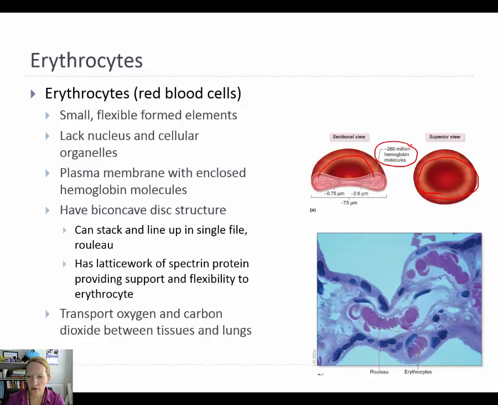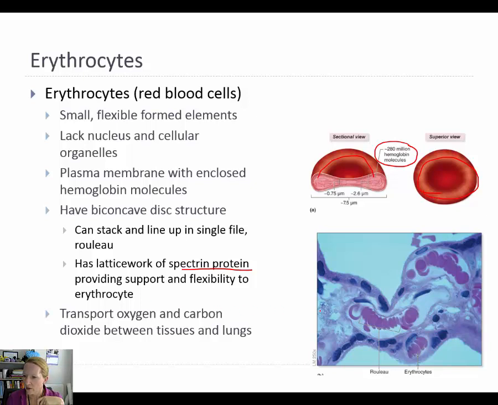Let's take a look at some other things, why it's good to have this biconcave shape. Another thing is its ability to kind of flex and bend when it needs to. So even though 97% of a red blood cell is hemoglobin, you do have some of the spectrin protein, and this is going to kind of help with its flexibility. It's also important for support because we're going to talk about in a minute how it loses all of its